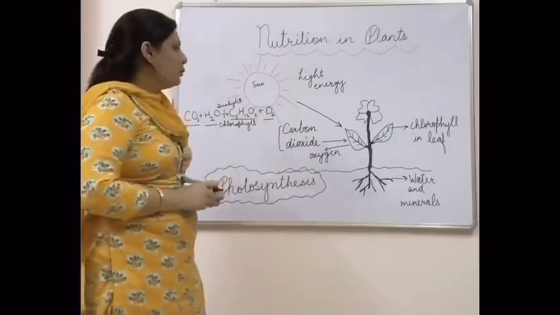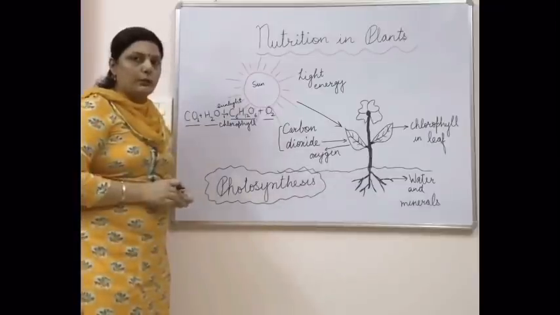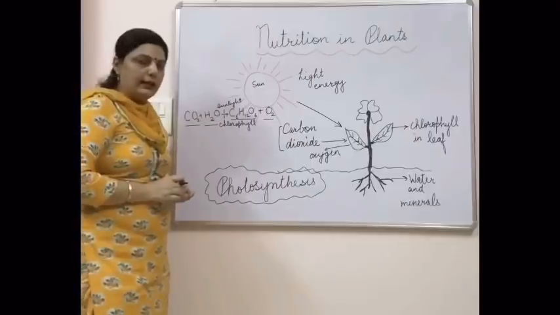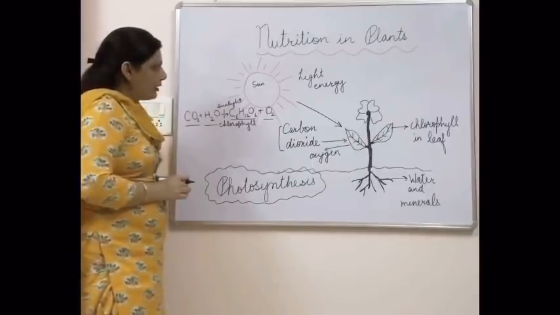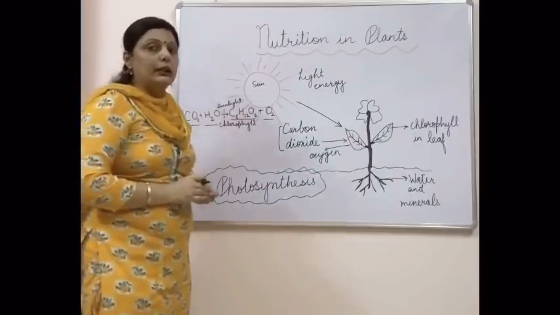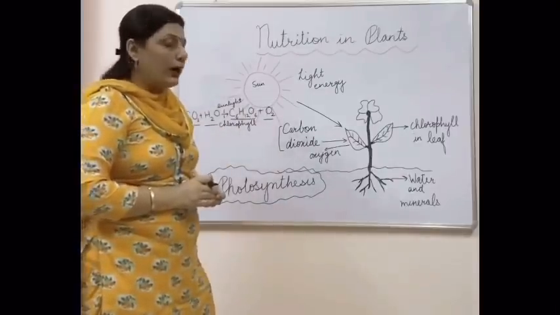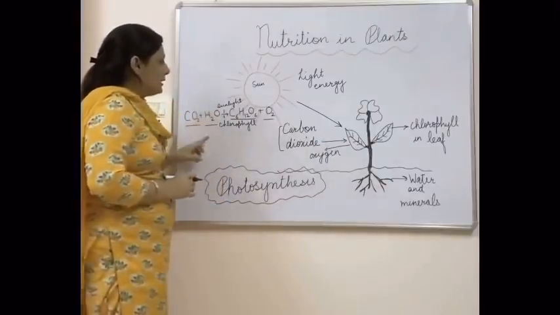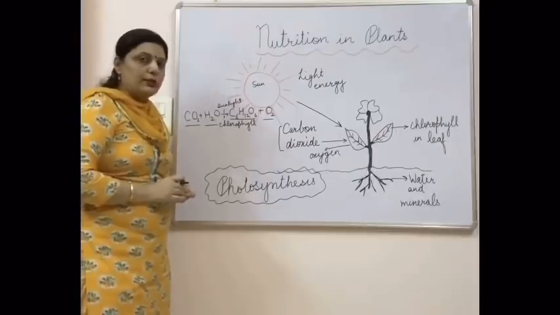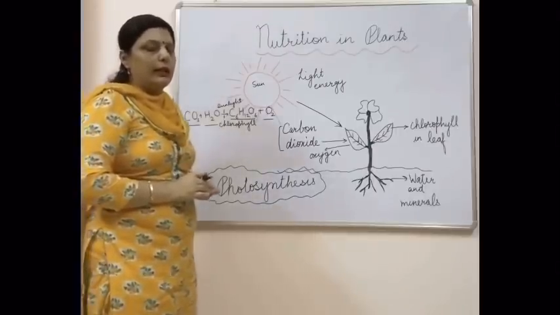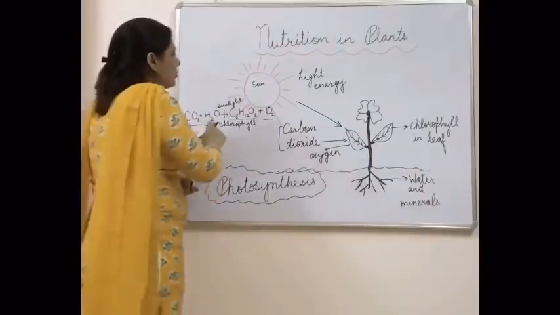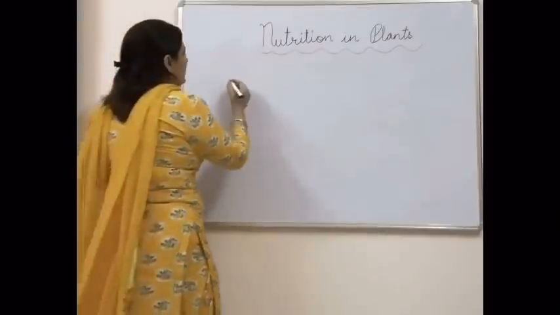From there, this carbohydrate is being sent to all other parts of the plant, and those parts of the plants will utilize it as energy. Now this reaction I will write in detail so that you will understand it better, and you must be learning this reaction and understanding why this chlorophyll and sunlight are important and how carbohydrate is being formed. If you are supposed to write the equation, like if a question comes, then you have to write the photosynthesis equation, then you need to write this equation. This equation I am writing: